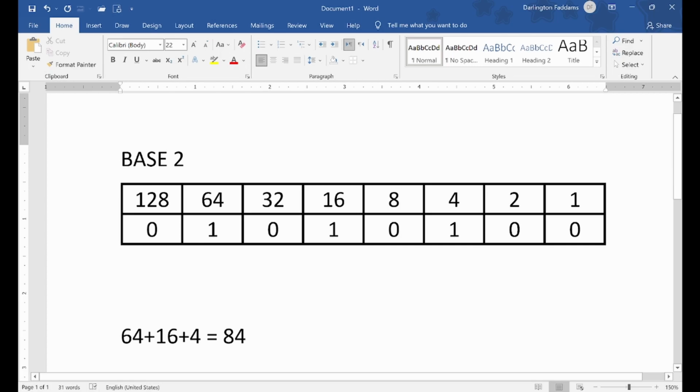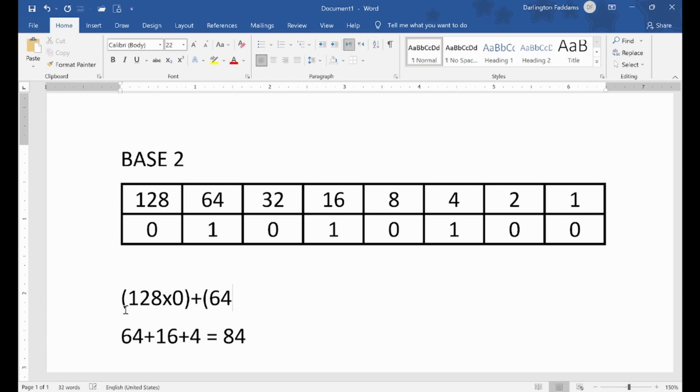To calculate this is what you do. 128 times 0 in brackets, plus 64 times what is under it, times 1, plus 32 times what is under it,